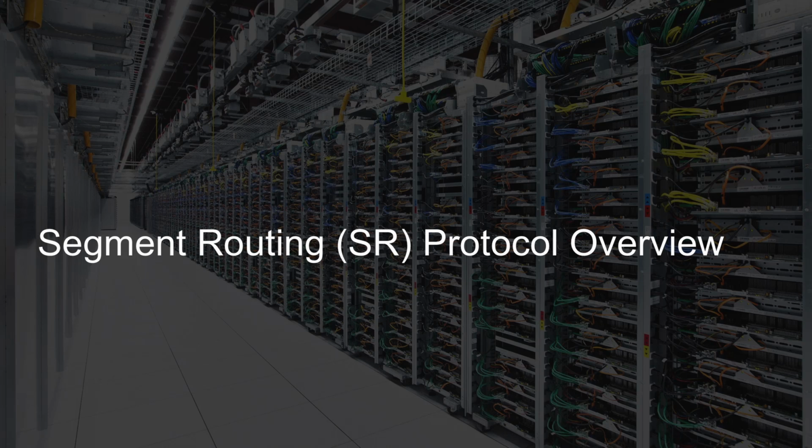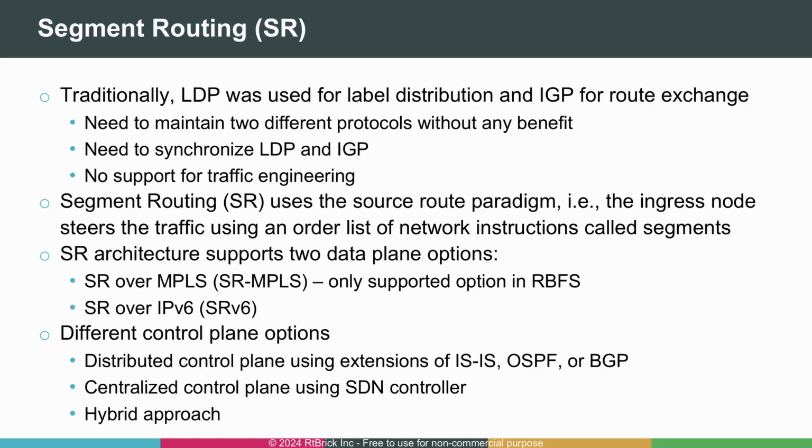LDP is widely deployed as an MPLS signaling protocol, primarily due to its simplicity, interoperability, and scalability. However, LDP has some drawbacks that led to the development of segment routing, which we will introduce in this section. LDP played a critical role in the early development of MPLS. Its key advantage is offering a lightweight label distribution mechanism that enables the setup of label-switched paths along the IGP's